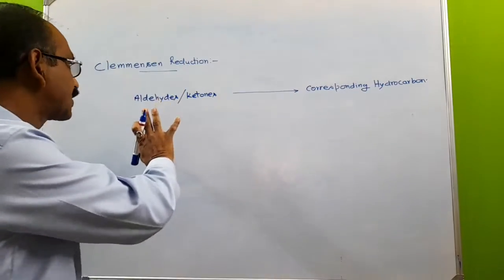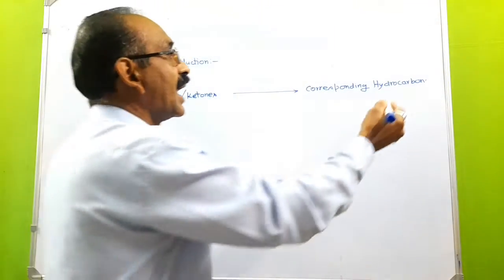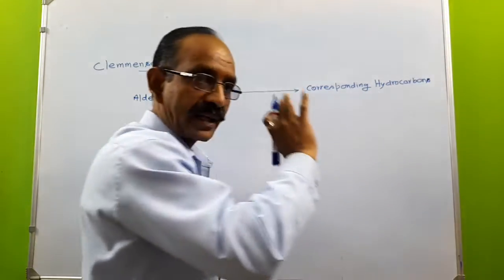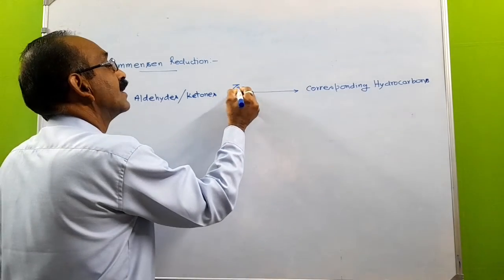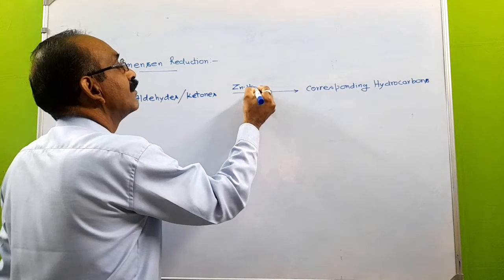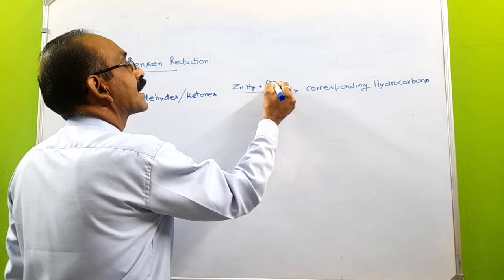So in this reaction, aldehydes and ketones are reduced to their corresponding hydrocarbons by the reaction with zinc amalgam and